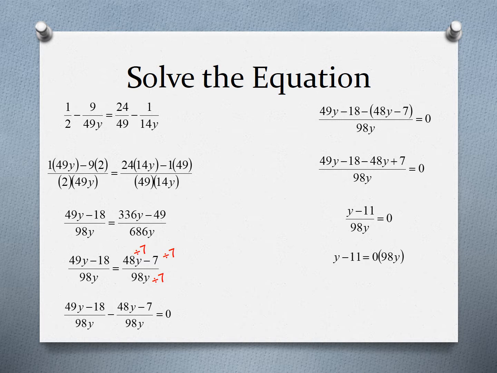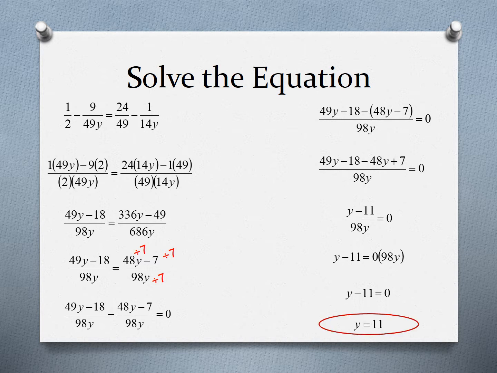And so I multiply it on both sides, and you'll discover that it'll cancel on the left, and when it multiplies on the right, it multiplies by that 0, of course, leaving us with a 0, because anything multiplied by a 0 will become 0. So now we just have y minus 11 is equal to 0, which of course resolves to